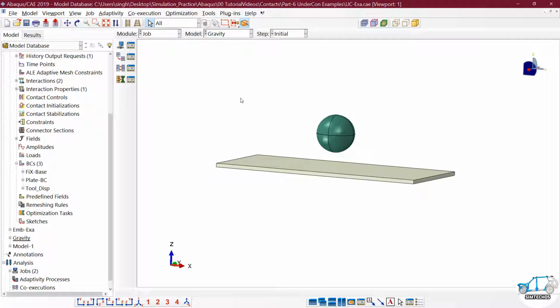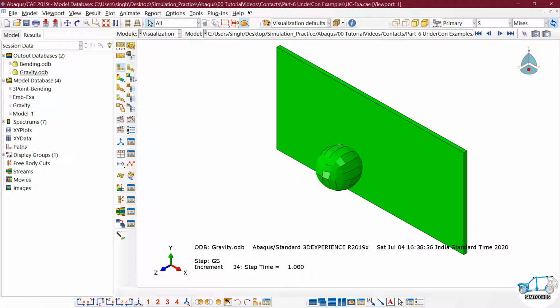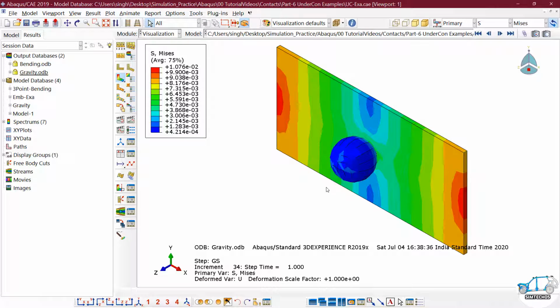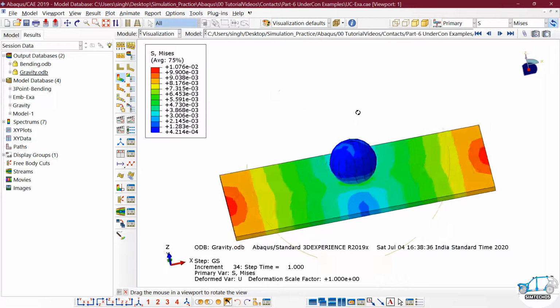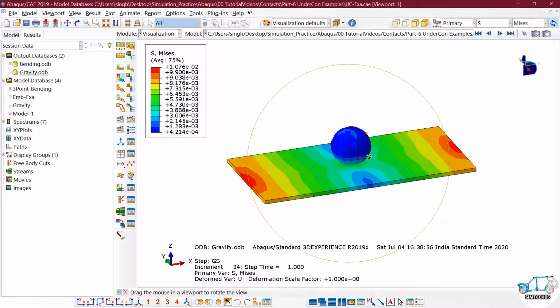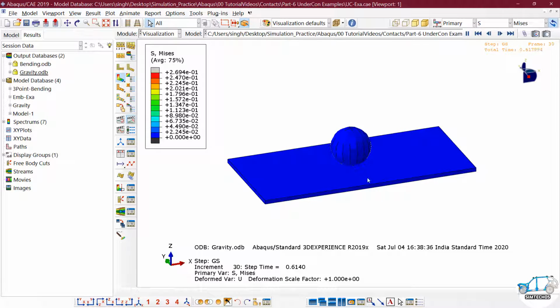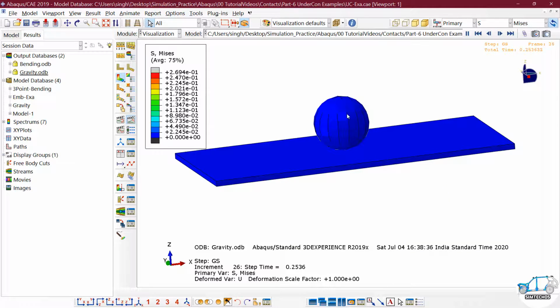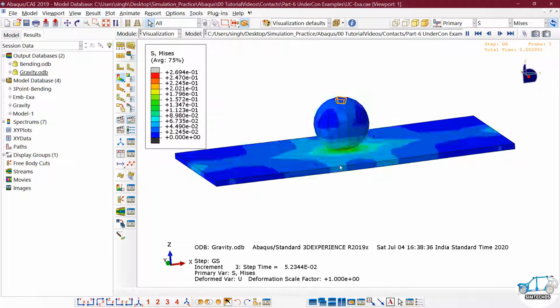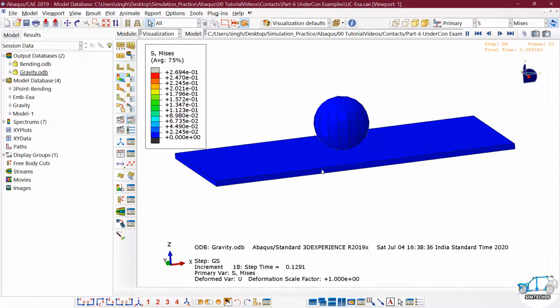So just go to results and go to the final frame, and let's see the results. Just play it. So we can see here the component, or the ball, is falling on the steel plate and some stresses are generated, and dynamic equilibrium is achieved for each increment.